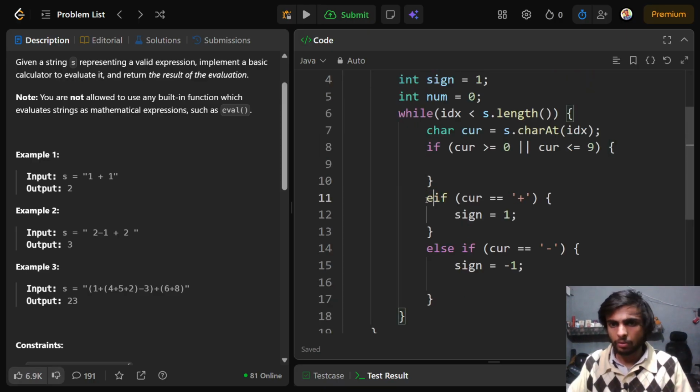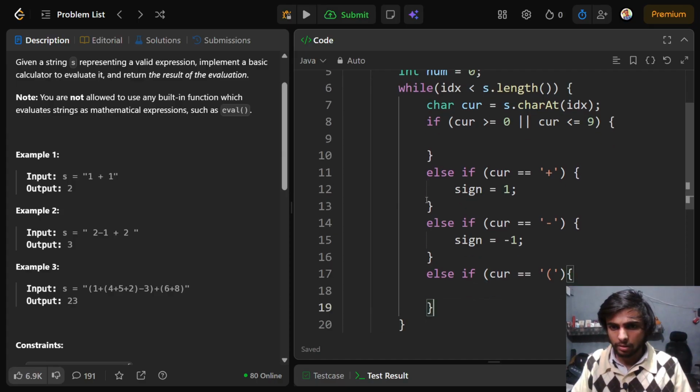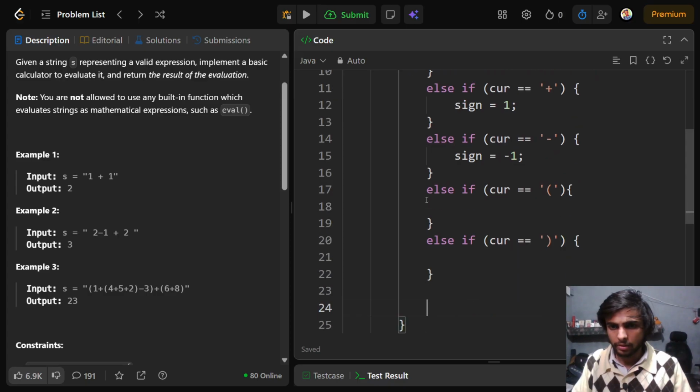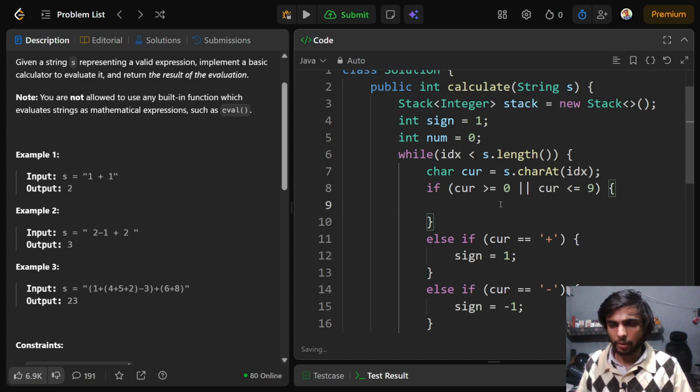I can make these all else if cases: else if current is equal to open parenthesis, else if current is equal to close parenthesis, and index plus plus. Okay,